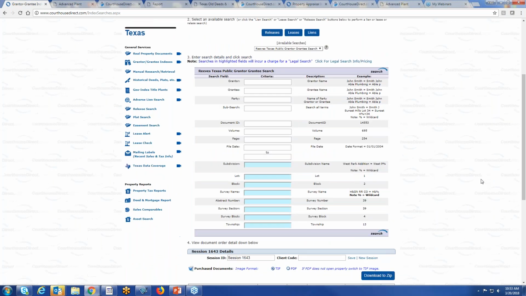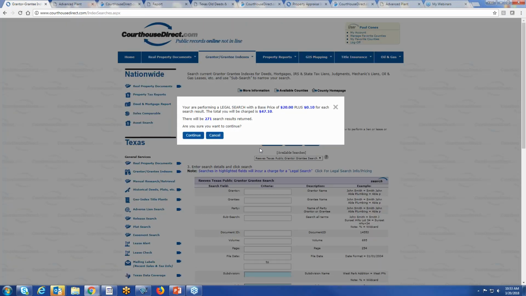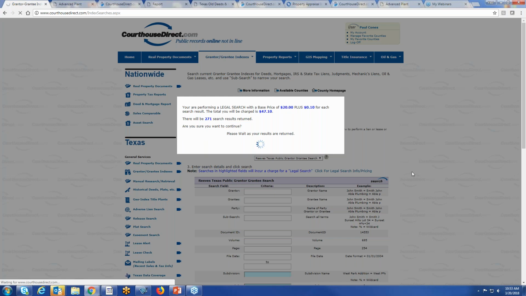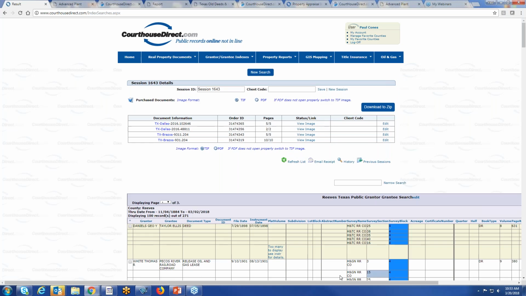So if somebody is wanting to do a search in Reeves County, we do give them the option of being able to put in a section and block number. In this case, if I were running section number 15 and then block number 4 in Reeves County, and I click on the search button, it's going to pop up and say there are 271 results, and you would pay $20 plus 10 cents per record if you want to purchase that. And then people say, yes, continue. So essentially what this is, it's an extract out of the title plant that allows you to pull up that